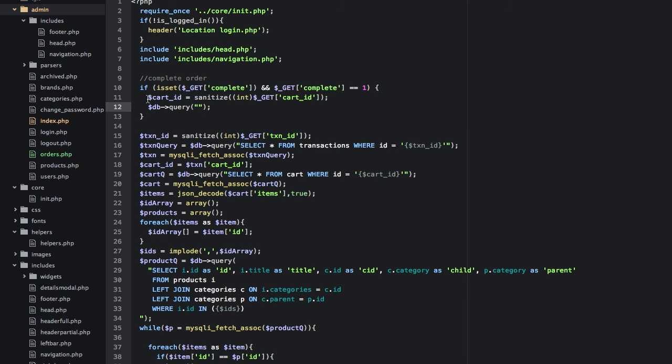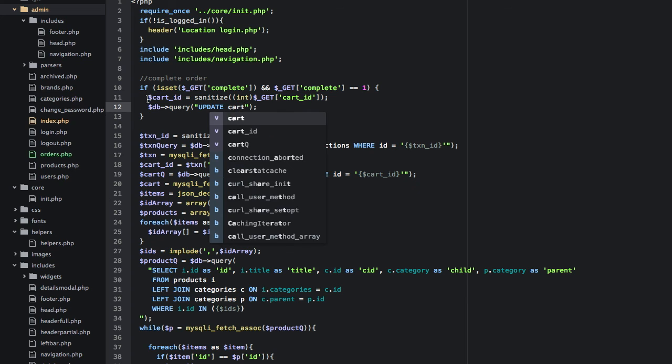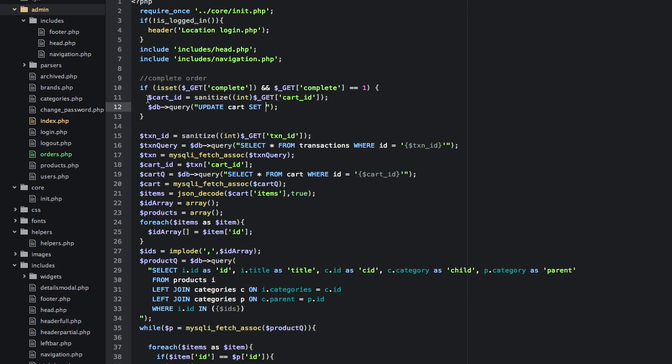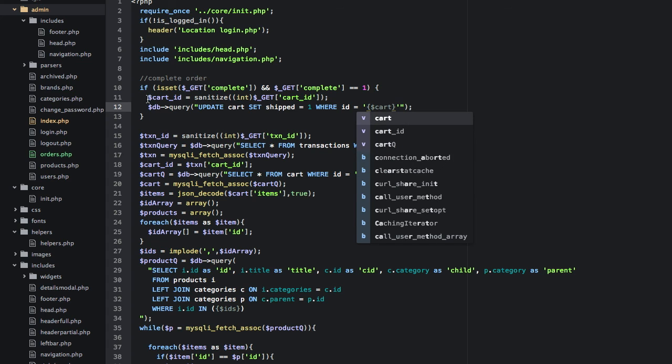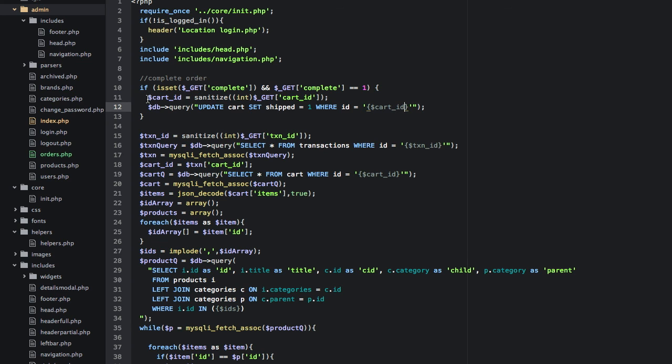And that is update cart set shipped equal to 1, where ID is equal to cart ID. Okay,